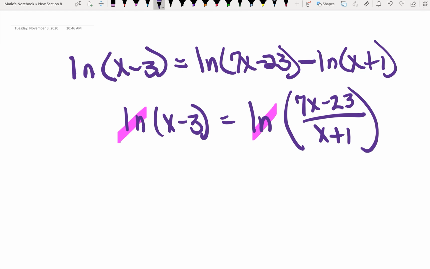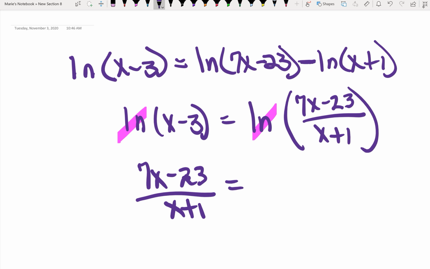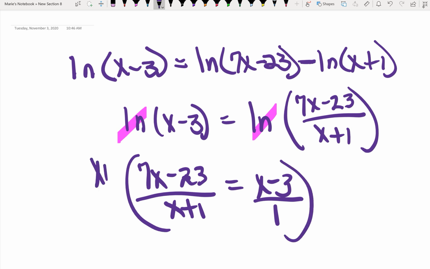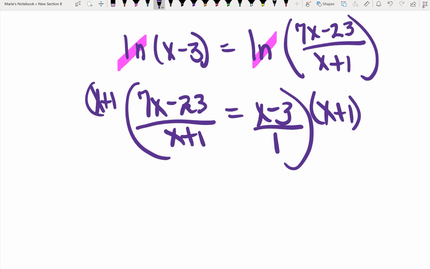It's not that tough. You could even flip them around. So I like working like this, in this direction. It doesn't change the value, but it just makes me more comfortable. Remember, this is technically over 1. So if you take the whole thing and multiply by x plus 1 on both sides, if you notice what's going to happen is this is going to cancel with that, leaving you 7x minus 23